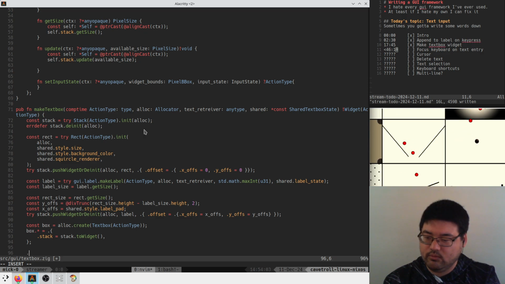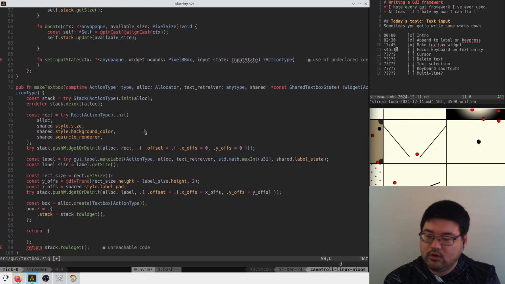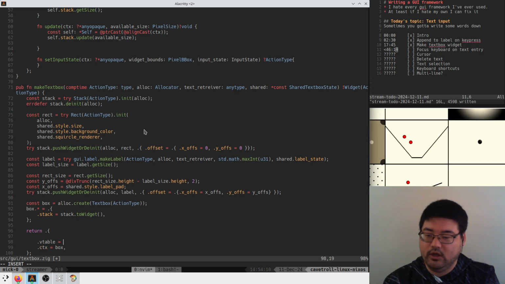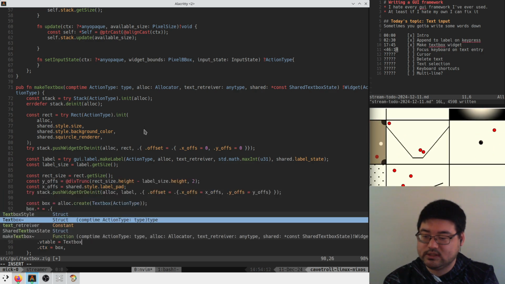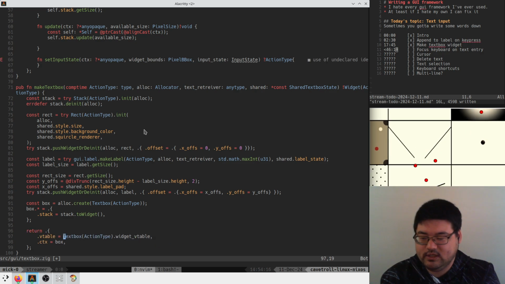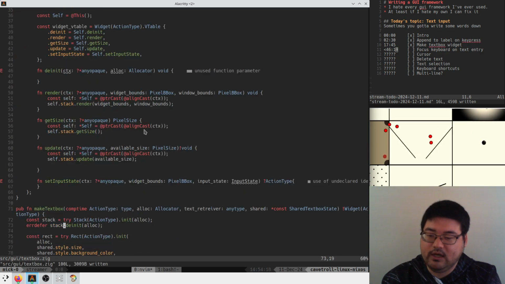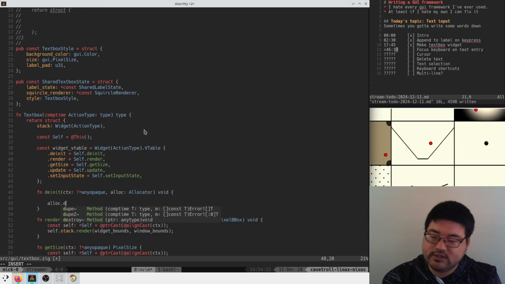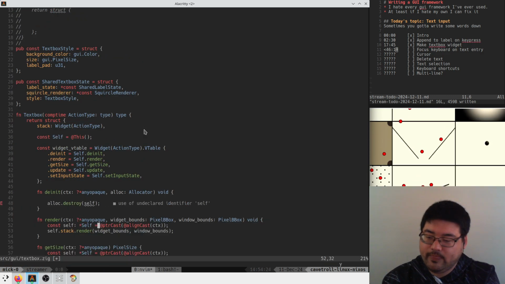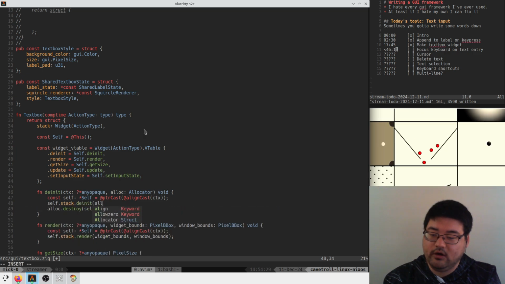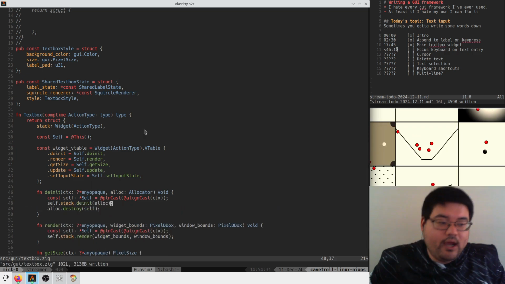I guess we just return context equals to box, and vtable is equal to text box action type. Yeah, okay, that's not crazy. That way we don't need to make an init here. Now our dinit here is going to assume that we have to free ourselves, and that we have to free the stack as well. All right. Okay, so now